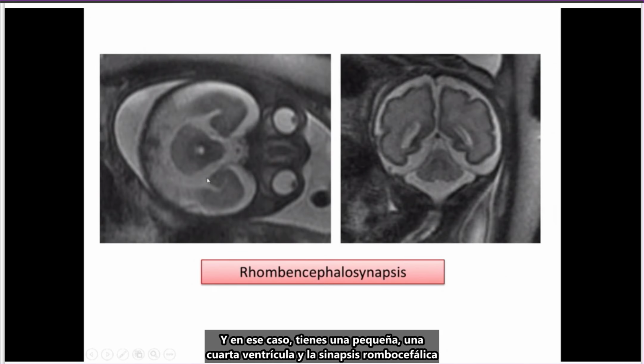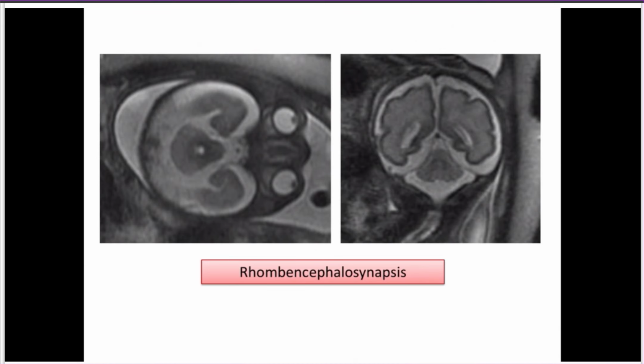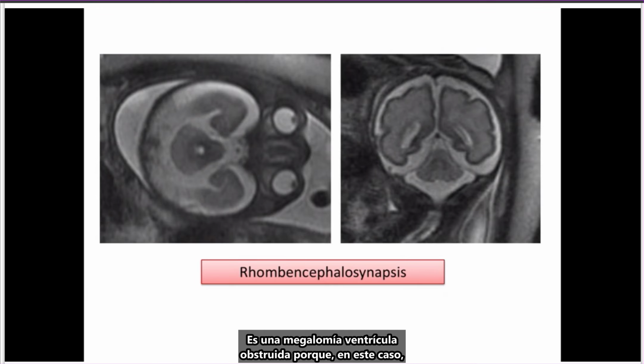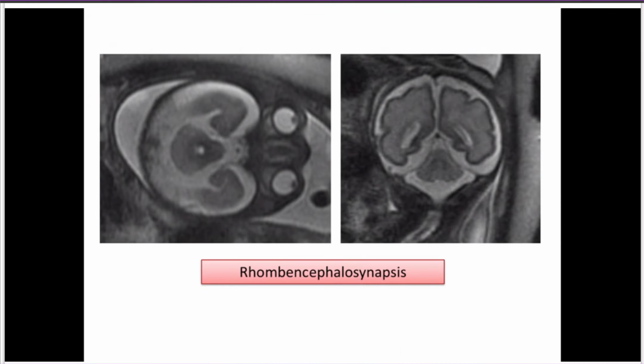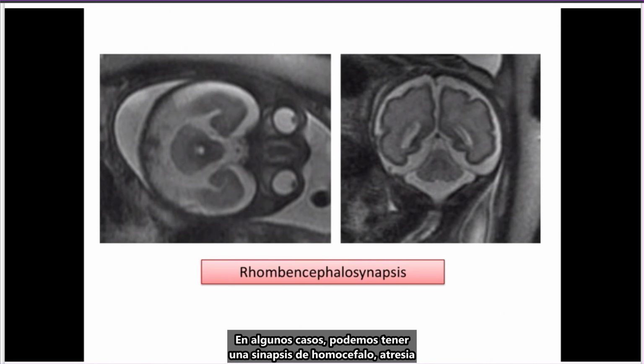And in that case, you have a small round fourth ventricle, and rhombencephalosynapsis can be associated with ventriculomegaly and septal agenesis. It was said it was septal agenesis, but it's not a septal agenesis. It's an obstructive ventriculomegaly, because in such a case, you have a rhombencephalosynapsis with also atresia of the aqueduct and obstructive ventriculomegaly. So in some cases, we can have rhombencephalosynapsis, atresia of the aqueduct, and in some cases, we have